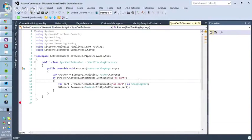But instead, as kind of a quick POC, what I've done is Sitecore has a pipeline that it runs at the start of the request called Start Analytics. And then at the end of the request, after the page is run and any logic with that, it calls a pipeline called End Request. So what I've done is in Start Analytics rather, I'm going to pull that cart out of the contact attachments